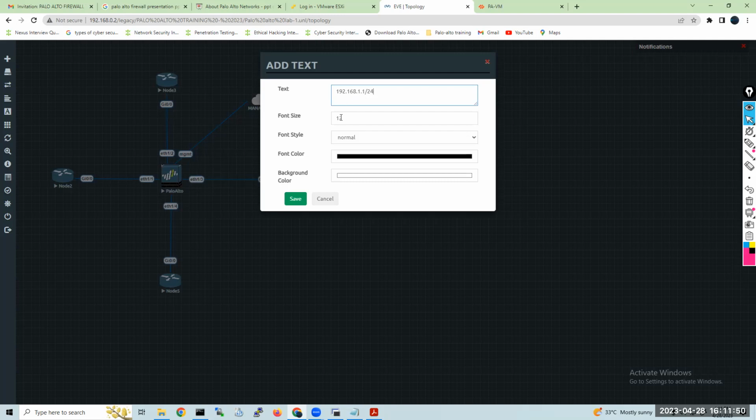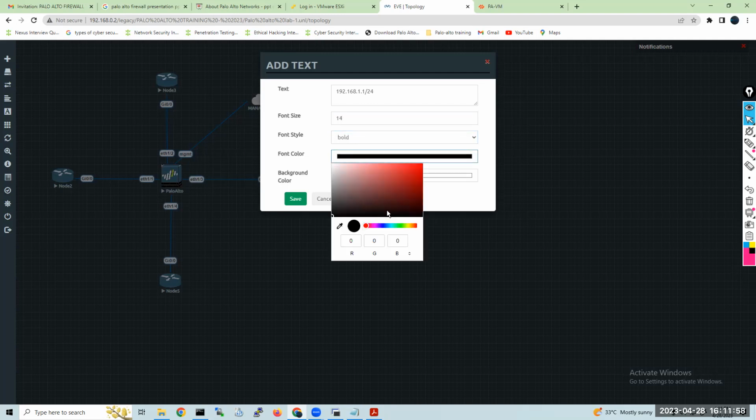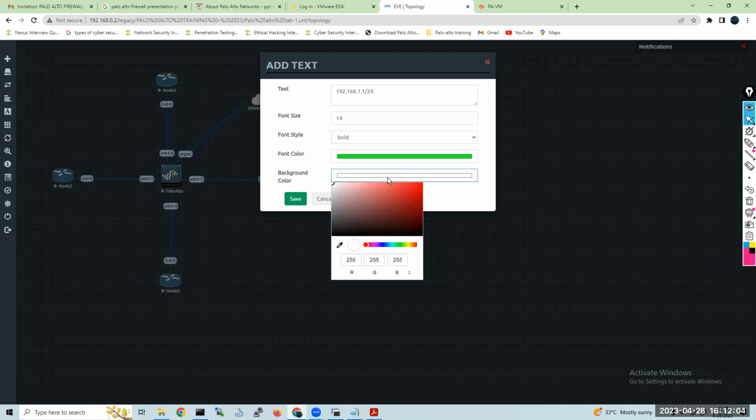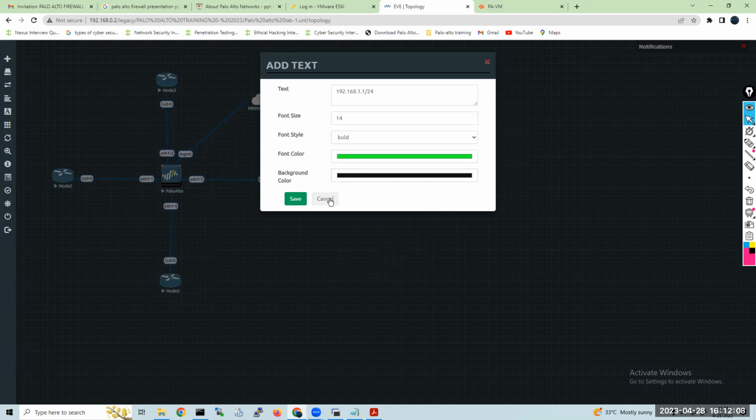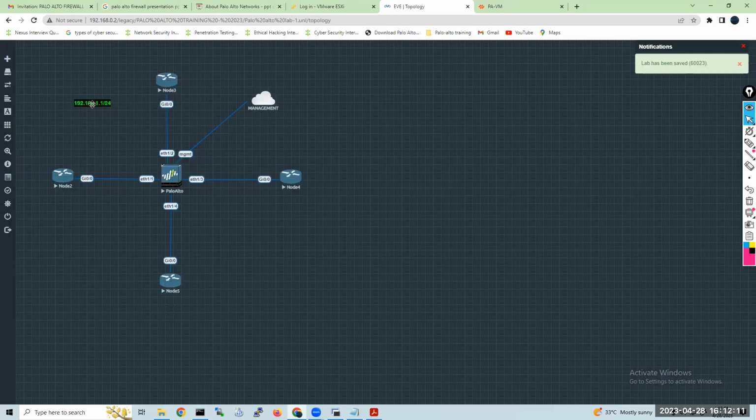192.168.1.1/24. So font size, let it be 14. Font size bold. Print color, which color do you want? I think this will be very glowy, right? Yes. And background black. Okay, right? Yes, and you can just copy paste. Yeah, duplicate.